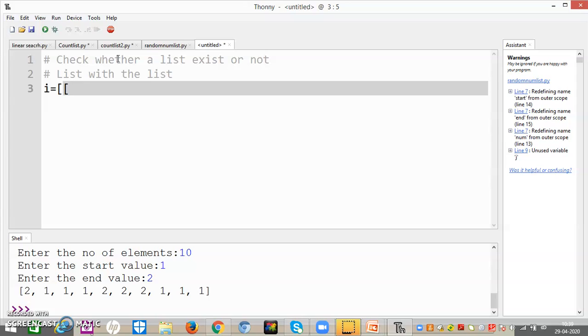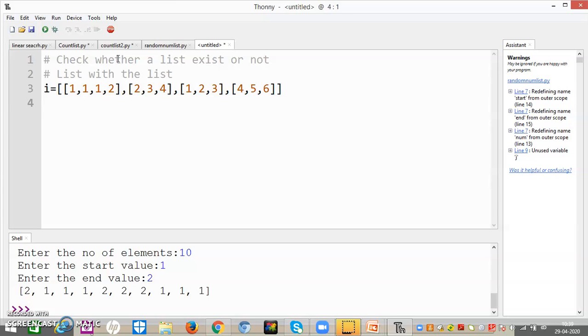It means we have to create lists within the list: 1, 1, 1, 2. Again I will take 2, 3, 4. Again I will take 1, 2, 3. Again I will take 4, 5, 6. Now these are lists within the list.